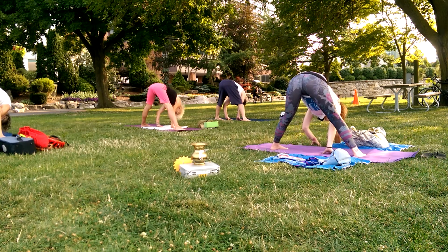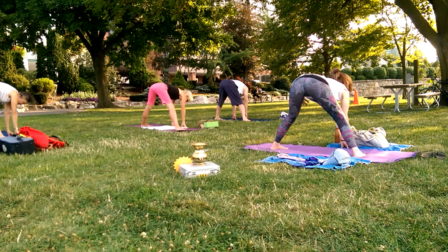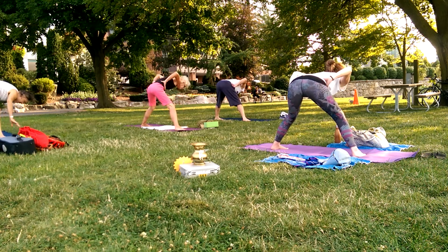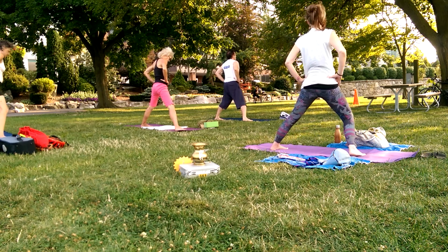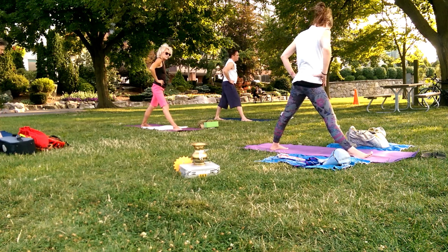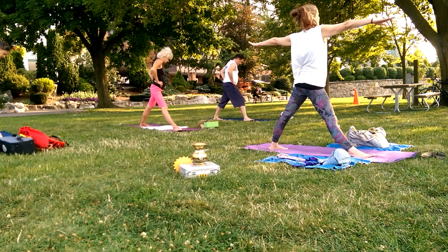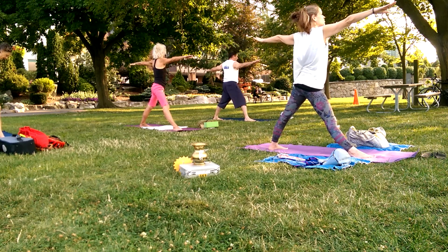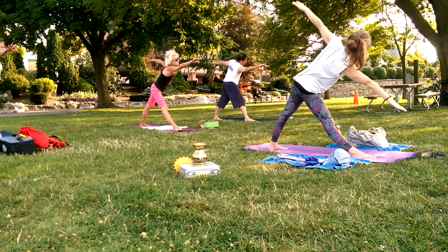Inhale, walk the hands forward, rise to your fingerprints, little bend to the knees, hands to the hips. Inhale, come all the way up, turn your right toes out. Slide your left heel back. Arms to a T, look down the right arm and start to reach over that right leg, tipping into your